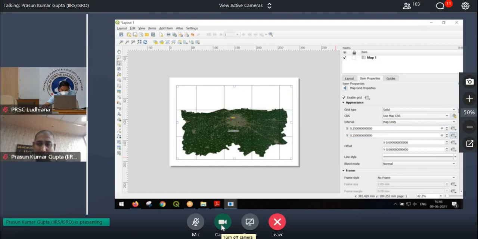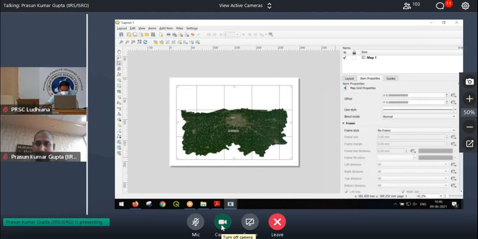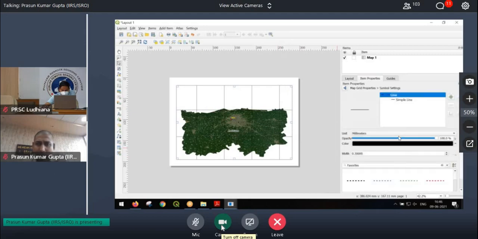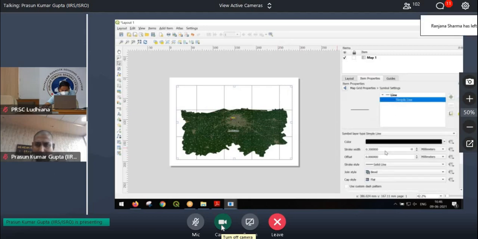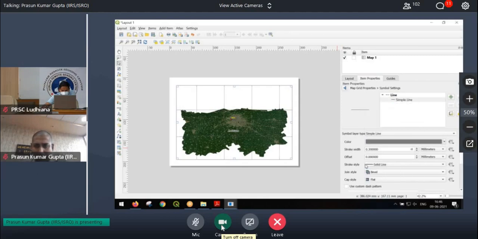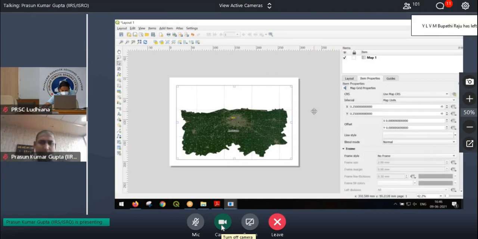At every 0.25 degrees. Next, I want the lines not to be prominent. So I want them to be really thin and in a gray color or something. Not black. Right. So although it looks very faint here, but when you get the print, you will see that they are still very prominent.